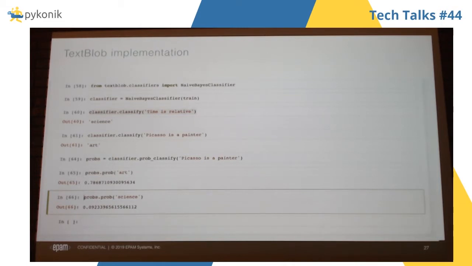Also, TextBlob has a prob_classify method, it gives you the possibility of an assignment. For instance, with 0.7 possibility, this sentence is related with art.